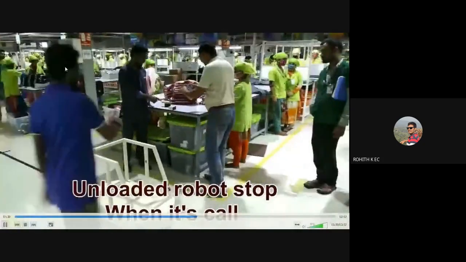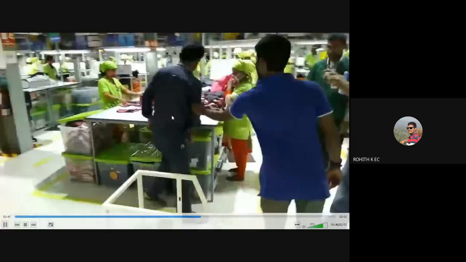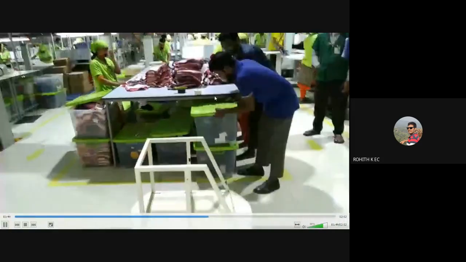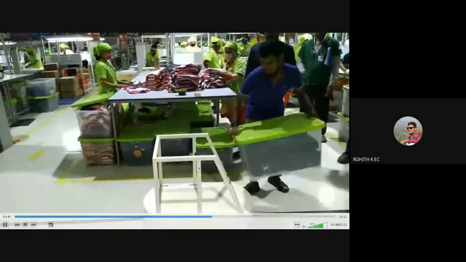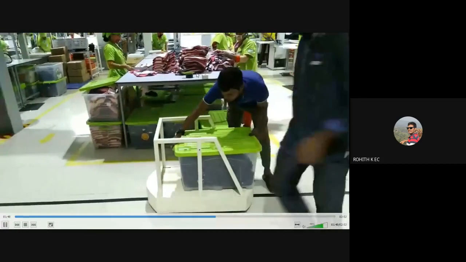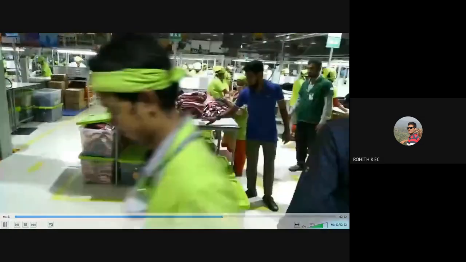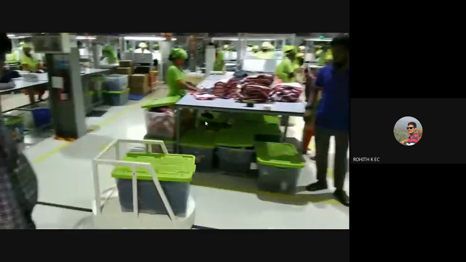Now you can see there is a manual control switch here. So when they press this switch, robot will stop so that they can load the materials on top of robot. After that, they'll press that button, and then robot will move.